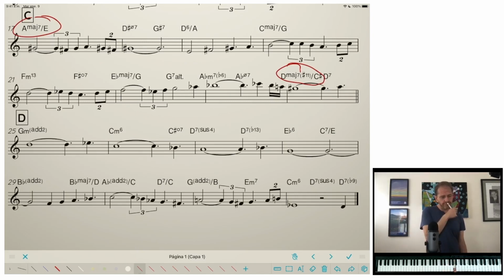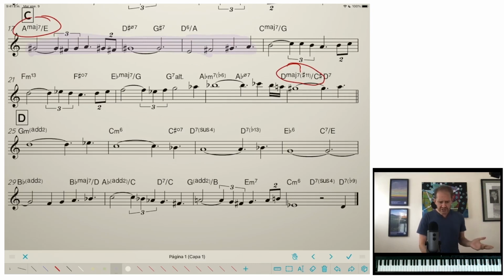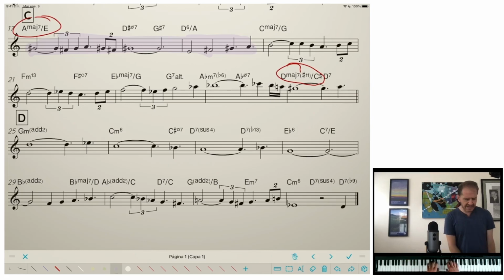Okay, so one way to interpret this, and there's certainly multiple ways, is that we're basically in the key center of A major here, right? None of these notes are outside of A major. We could also think of it as E major. If I had to harmonize this,